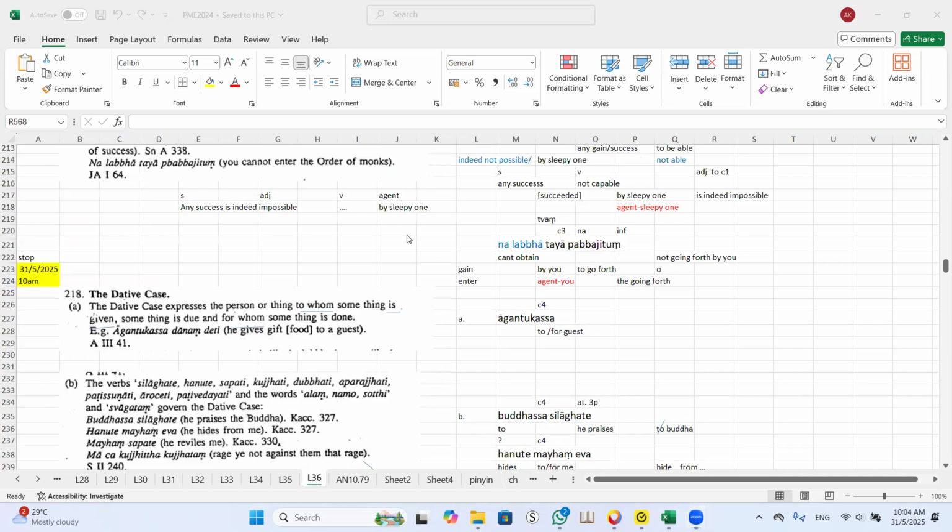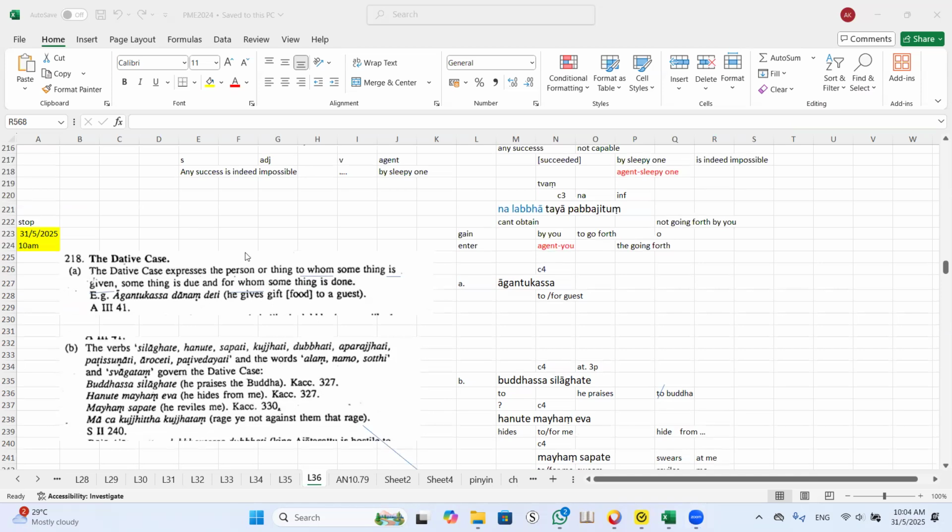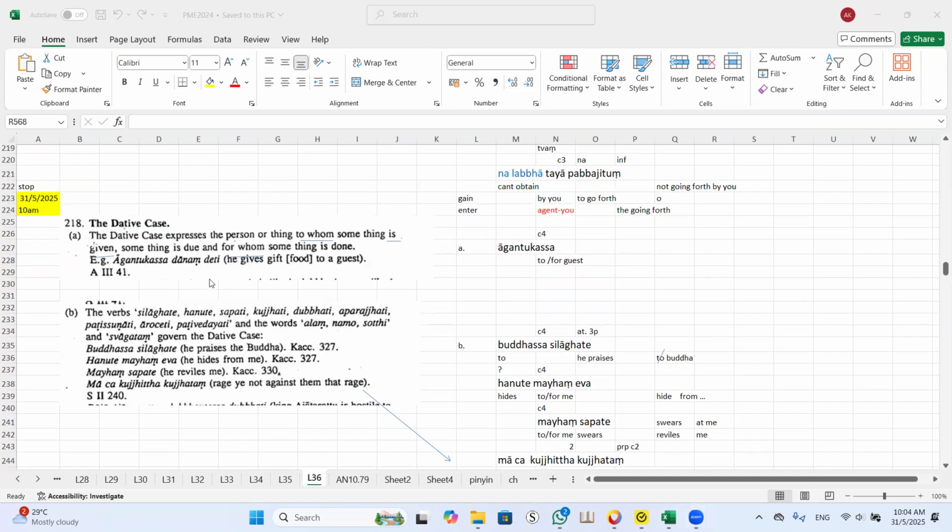Okay, I think we stop somewhere here. So basically, we are going through all the seven cases, and we don't go into the declension. We will just go into the application, and then we look into each individual case to see